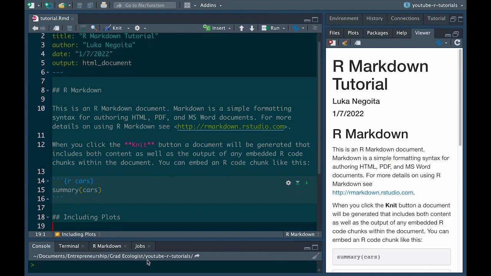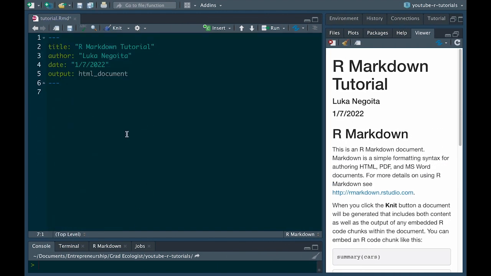We're going to delete all of this so that all we are left with is this header section, which you don't want to delete. So you can see here in the knit document, you can see the title was included, your name as the author and the date. And then this output section here just indicates that it's going to be output as an HTML document.